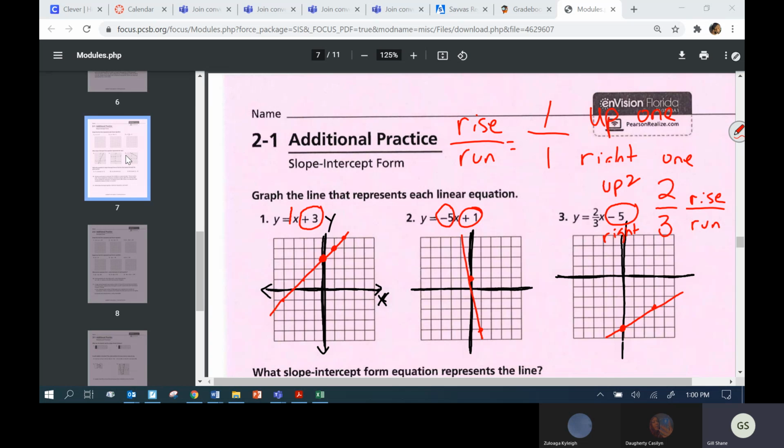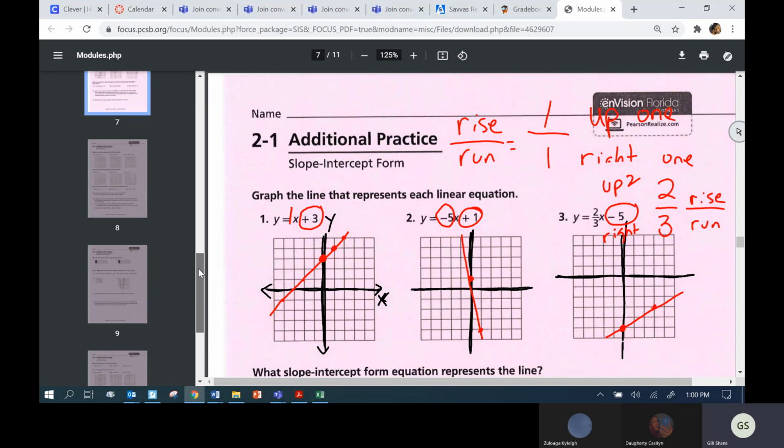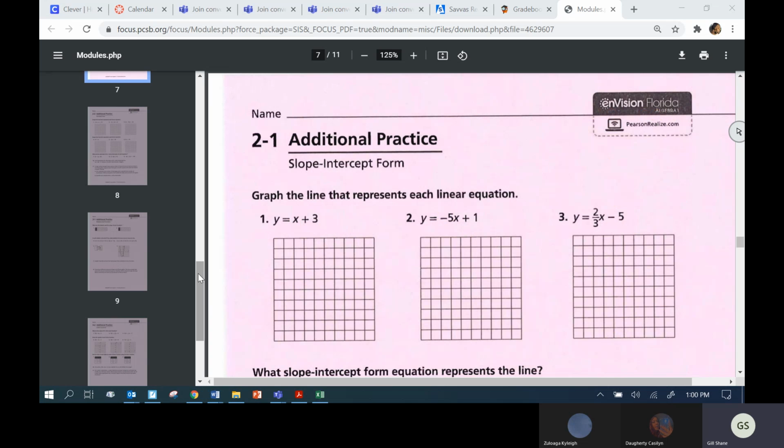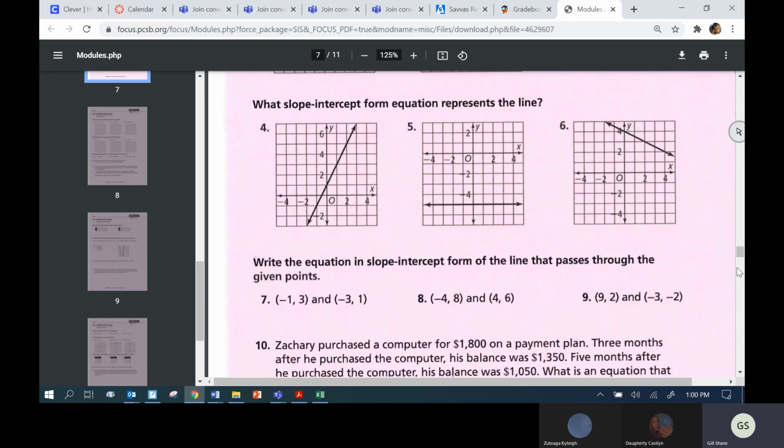Here are the word problems, though. You do need to know how to set up word problems. Might be the last thing we get to, but you definitely need to see a couple of word problems. I didn't really cover this 7, 8, 9. But you will need to know how to create an equation from a graph. So if I give you the graph instead of the equation,